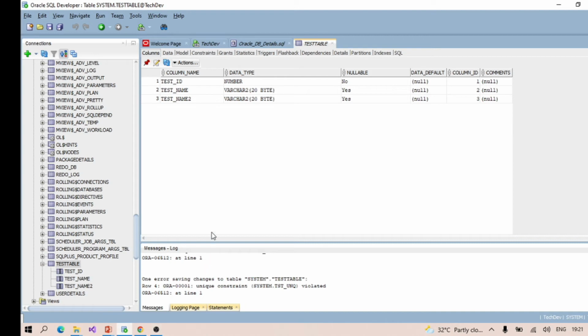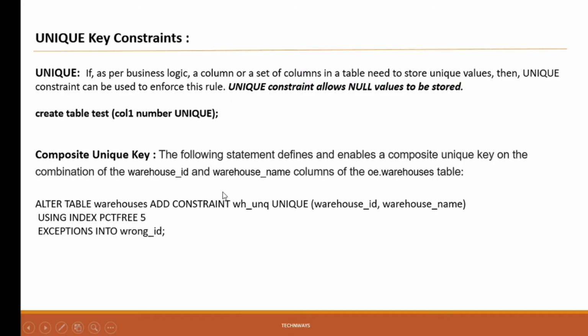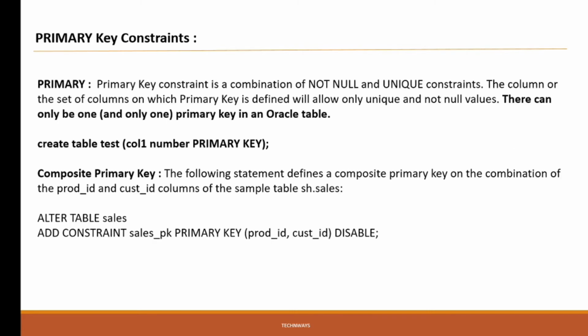But the purpose of a composite constraint is to create a unique constraint by combining two different columns, like first name, last name, and city. If we have three columns and we want those three in combination as a unique identification, then we can use the composite unique key. I hope you understood. In case of doubt, you can write to me, no issue. I will explain or give you the reference document.